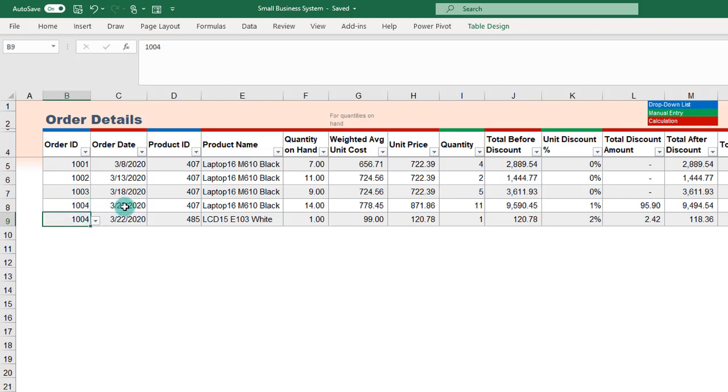then we get the row number with respect to this table. So this is row number 1, this is row number 2, this is row number 3, and so on and so forth. Once we find out that we have an order ID match, we get the row number for that row relative to the table,